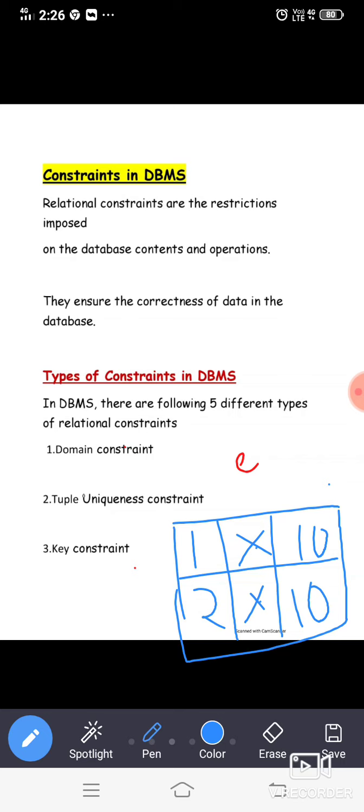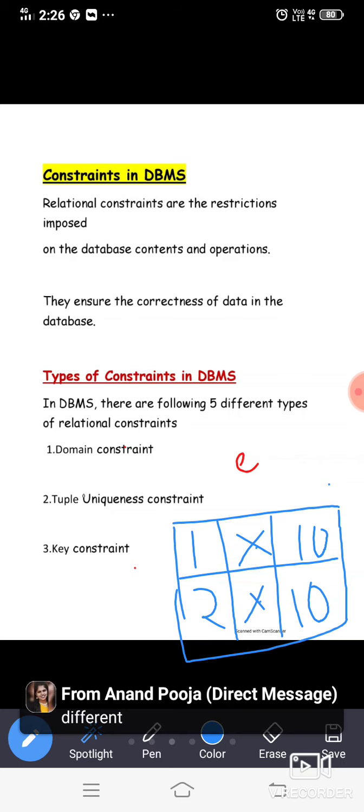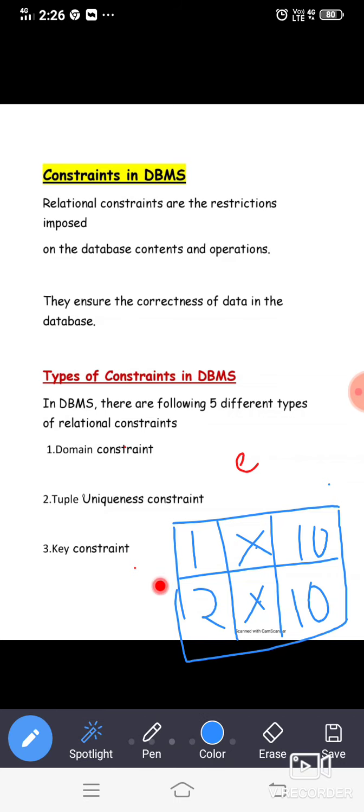These two rows, are they unique or different? Do they have a different set of values or the same set of values? At least, these two rows are unique, because they should not have the same values. At least they show some difference, so I can say these are also unique.